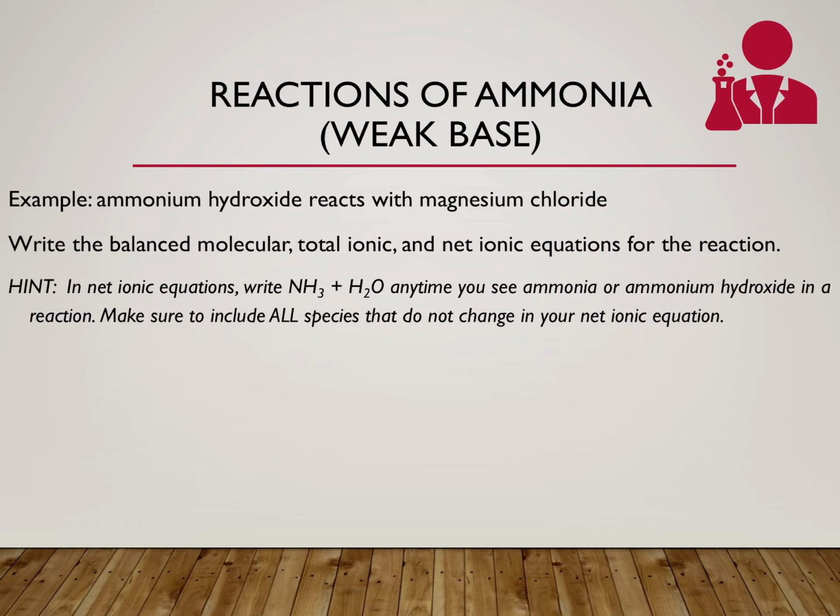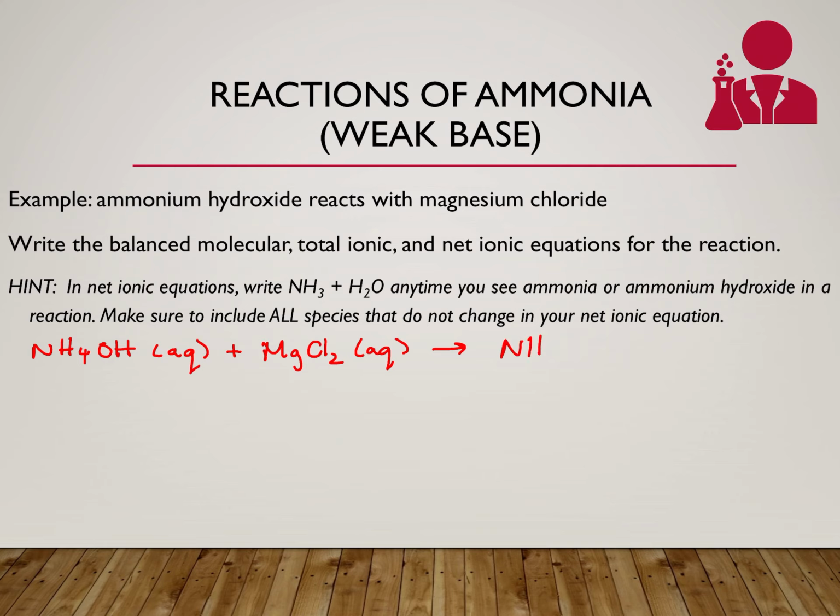So this says, our example here is ammonium hydroxide is reacting with magnesium chloride, and it wants the balanced molecular, total ionic, and net ionic equations for the reaction. So first off, we need to write our reaction. So we have ammonium hydroxide, and that's going to react with magnesium chloride